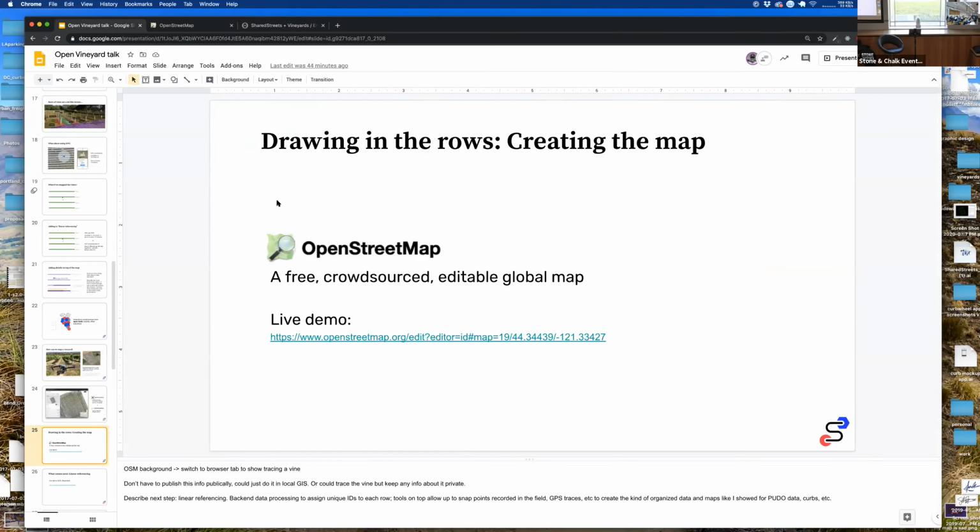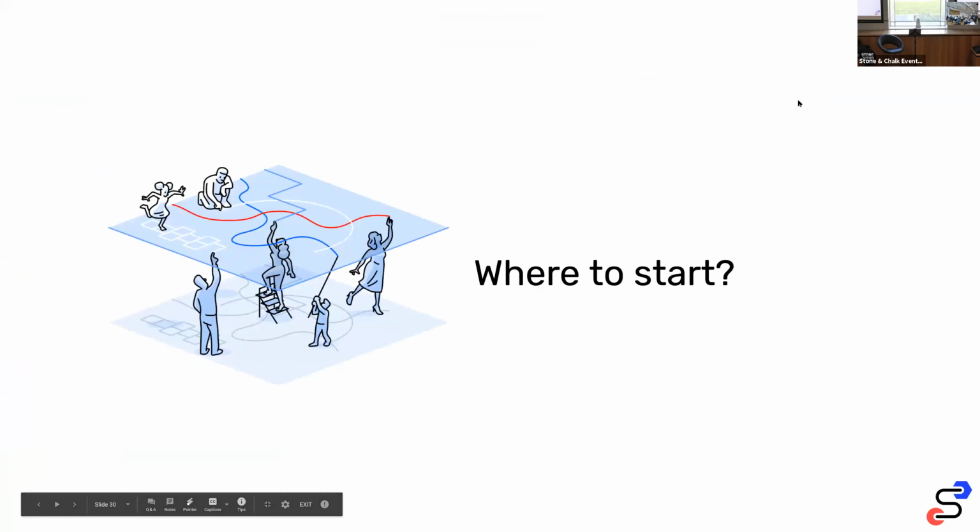Flipping back over here. So that's most of what I wanted to share with you today. I've got some links in here if anyone wants to play around with that. Where I wanted to leave you is that, first of all, it's fantastic to have so many people in a room that are really excited to think about data models and mapping for vineyards and where you could start. Hopefully, I've shown you that the way that we map things is really important. And it can sometimes be tricky, but there are approaches from other industries like transportation that might act as an inspiration for all of you as you think about what's next.